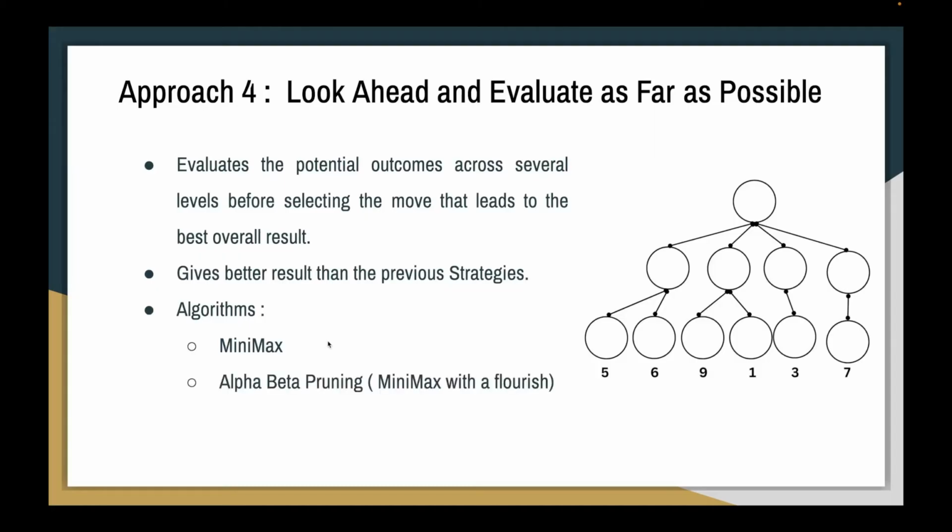Following that, an enhanced version: this is the optimization layered on top of the MiniMax algorithm to make it efficient by reducing the number of nodes the algorithm needs to evaluate, known as the alpha beta pruning algorithm. That also will be explored. So, before delving into these algorithms, it is essential to understand the basics of the game tree.